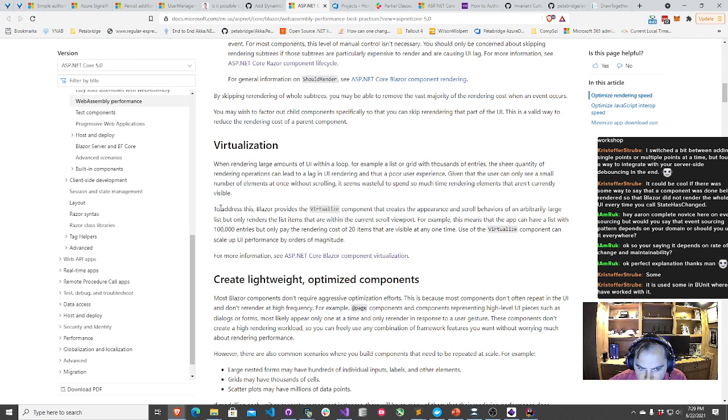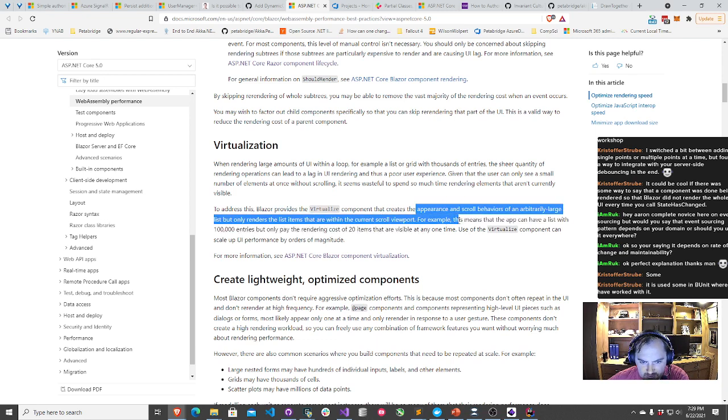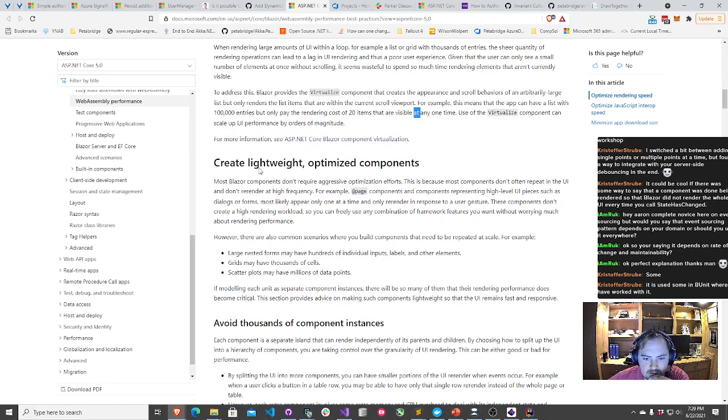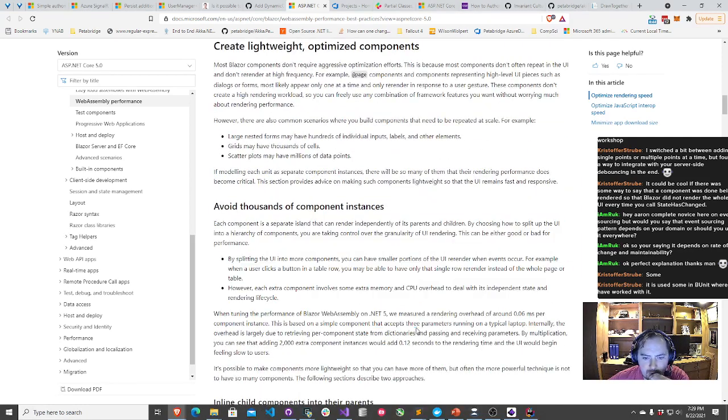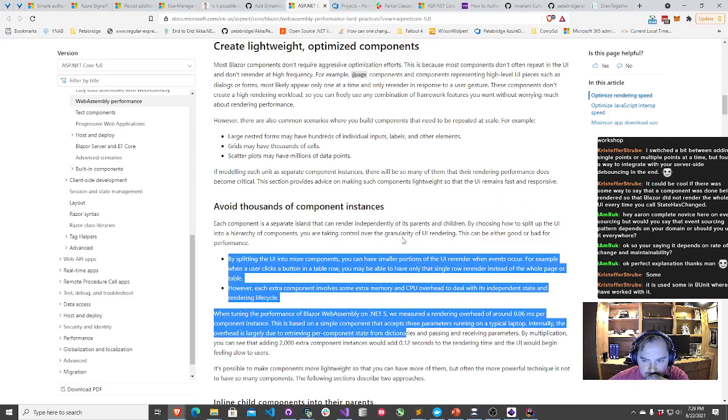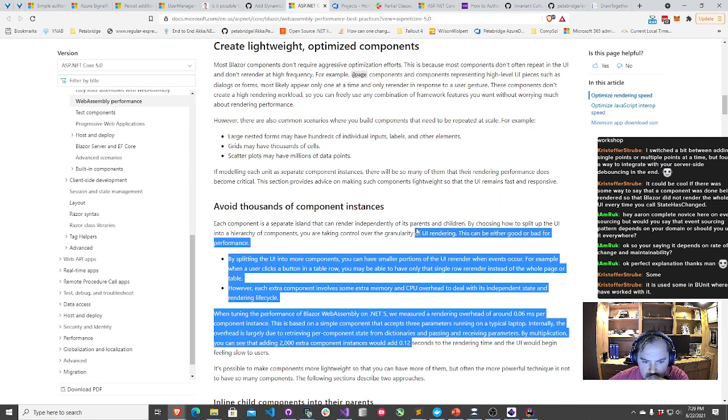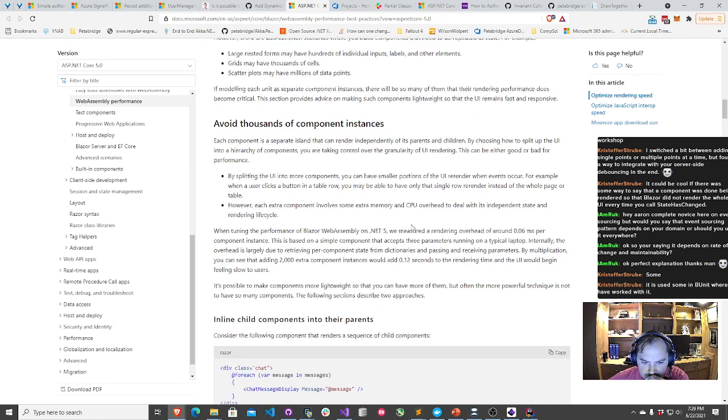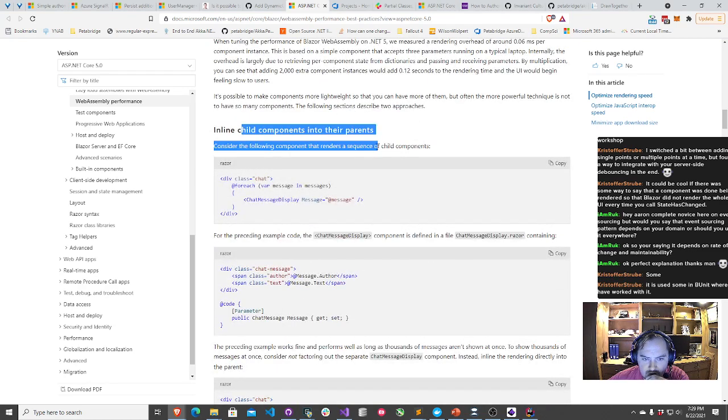Let's see. To address this, Blazor provides the Virtualize component that creates the appearance of scroll behaviors of an arbitrarily large list, but only renders the list items within the current scroll viewport. Nope, that doesn't really matter to us. Provide thousands of component instances. Let's see. Inline child components into their parents.